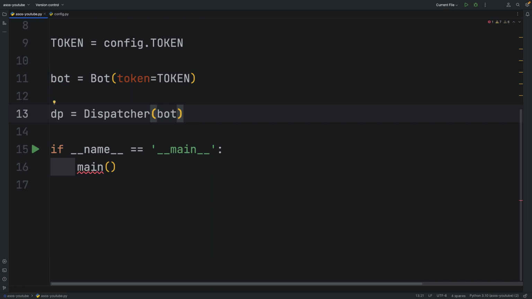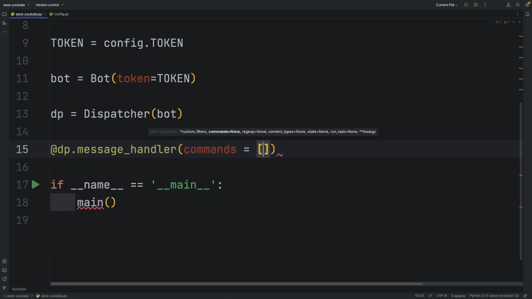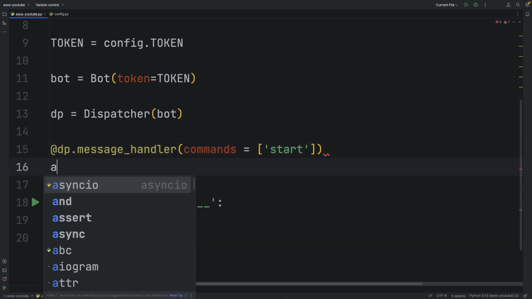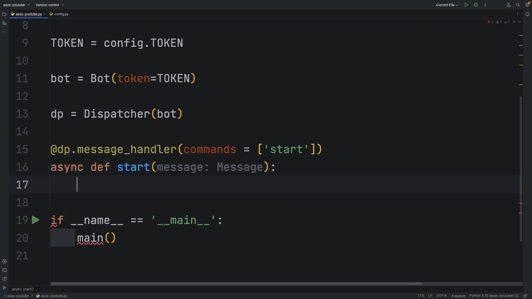Now, let's define what our program will do when a user sends the command start. This code is quite standard for message handling used by aiogram. You can always find guidelines on how to use libraries by reading their official documentation on their websites. Next, we'll use the await keyword to pause our asynchronous function and use message answer to respond with text hello, followed by user's full name, which we can retrieve from message attributes.